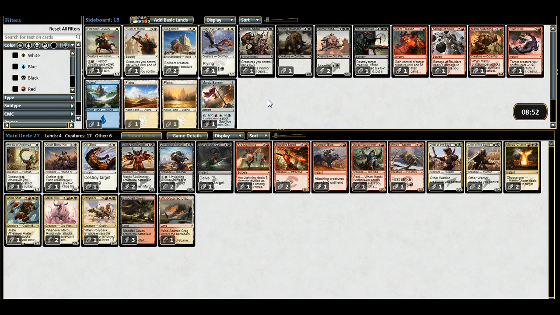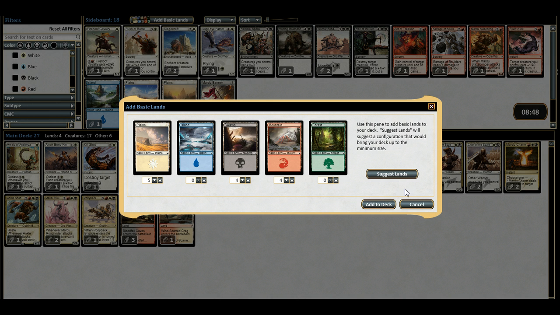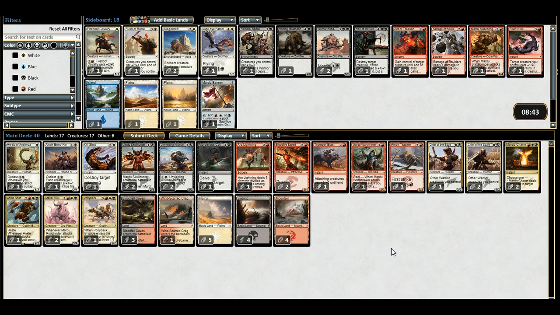So let's go ahead and add some basic land, and I'm glad Moto does this for me because I'm really bad at it. That seems good, sure. So yeah, that's 40 cards. So this is the deck we're going to be playing. Well, actually,